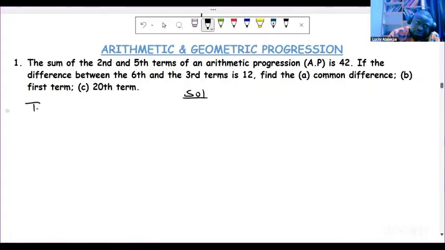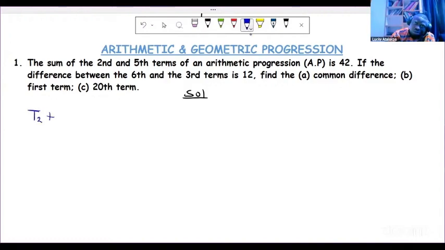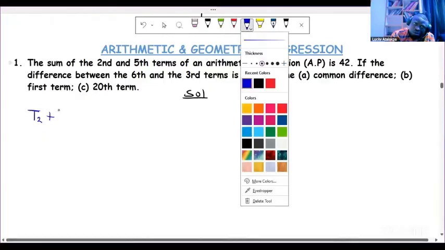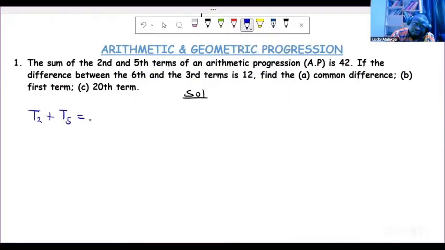Sum of the second and fifth term is 42. Now, if the difference between the sixth term and the third term,